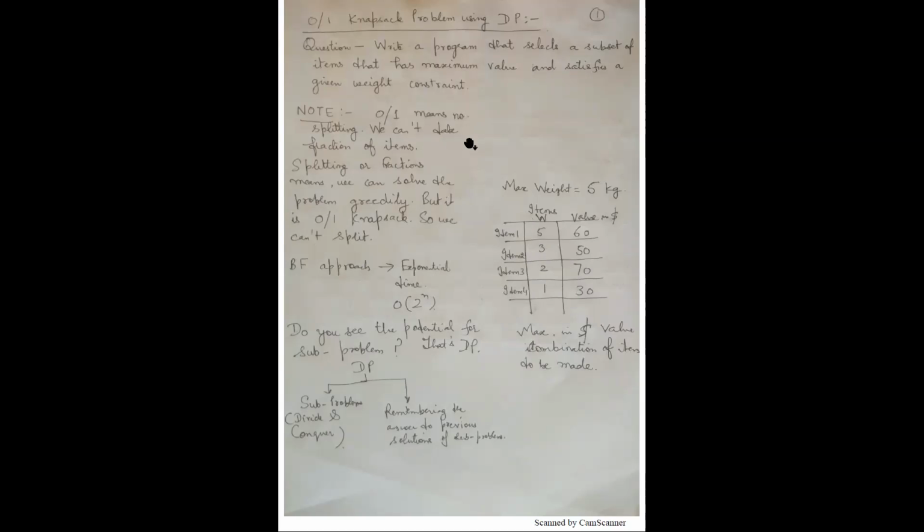So we solved the fractional knapsack problem using the greedy approach. That's what I have written here. 0, 1 means no splitting. No splitting means we can't take a fraction out of an item. Splitting or fractions means we can solve the problem greedily, and that's what we did earlier. I explained how to solve the fractional knapsack problem using the greedy approach. But now we will deal with the 0, 1 knapsack problem, and we will try to solve it using the